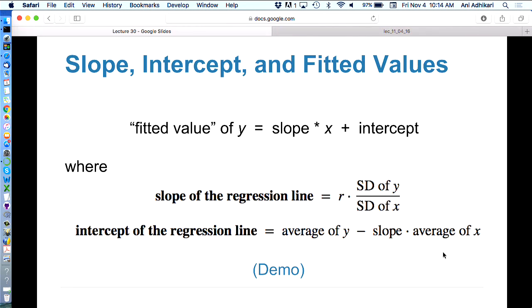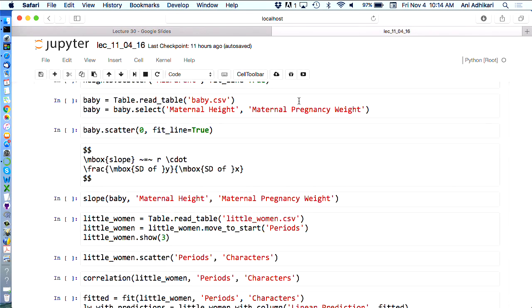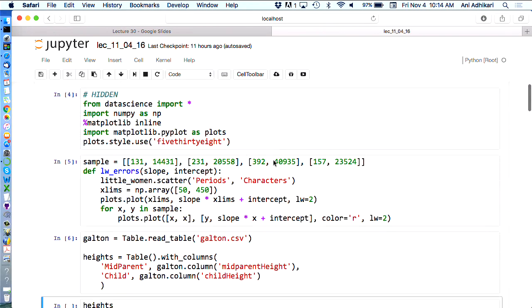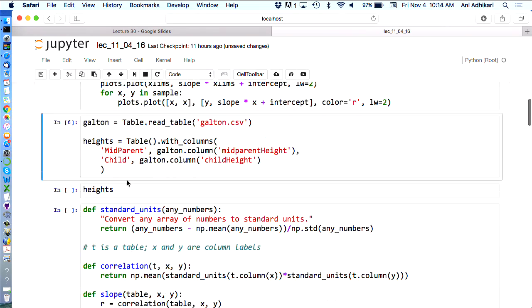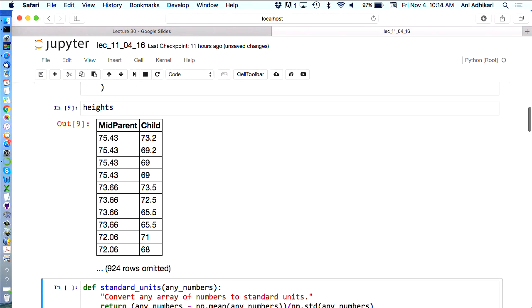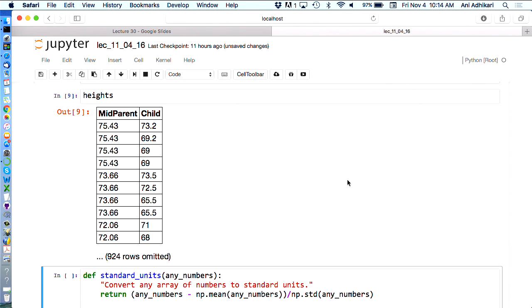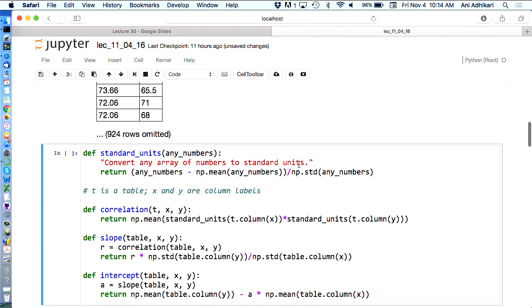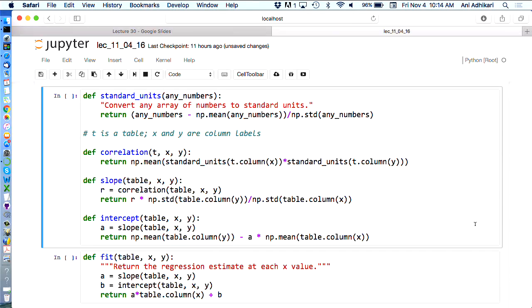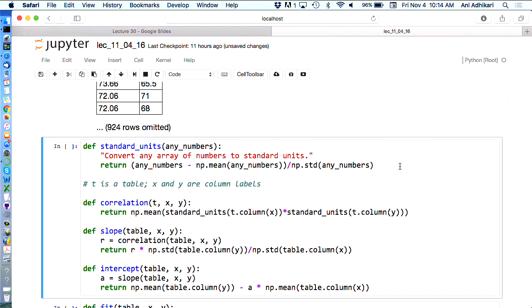Okay. So I'll just move to a very familiar data set. That's Galton's data, and what we're going to do now is just recall that by now we have a ton of functions that we've defined to estimate the child's height based on the mid-parent height, or any y given any x, provided the scatter diagram looks like a football shape. And so if you would look at these 4.